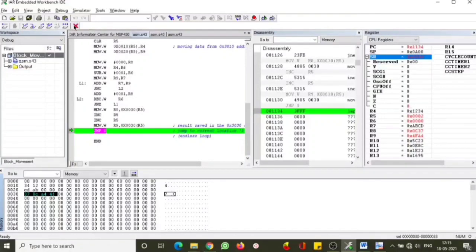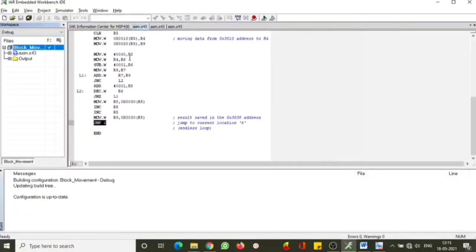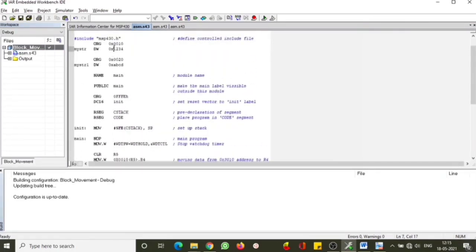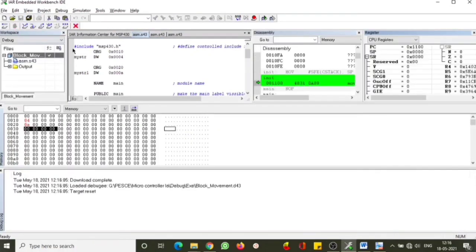Let us make it as simple as possible to understand, because we don't want a complex number that we cannot easily understand. So I'll make it 0004, and 000A. A is nothing but 10, and 4 is exactly 4. We are supposed to consider 40 in terms of hexadecimal number, and then check it. We'll see that there are no errors. I'm executing. You can see 0A and 04, 04 and 0A. That's all we have. I'm continuing the execution.